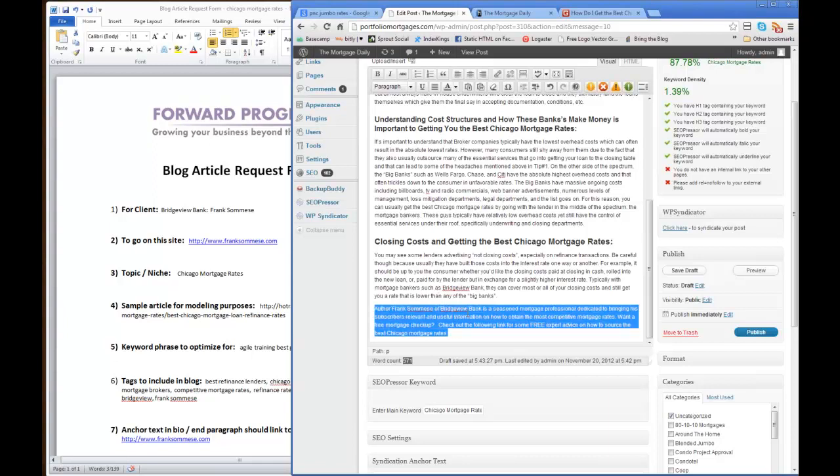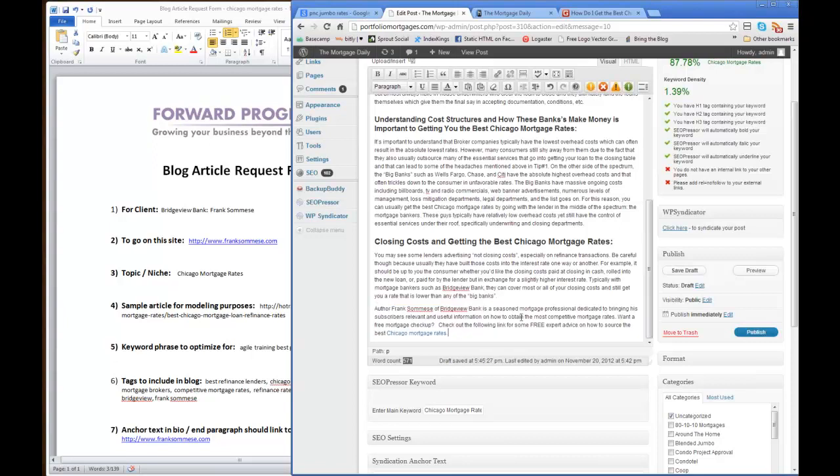So what this does is simply close each article with telling you who the author is, what they do, where they work, why you should care about wanting to do business with them, and then finally the last sentence always has to have this keyword phrase as a link, which is what we call anchor text. So the anchor text here is woven into this sentence so that it makes sense, and it's going to point back to this article for when it's put on other sites around the internet. So I'll give you a quick example here. We used check out the following link